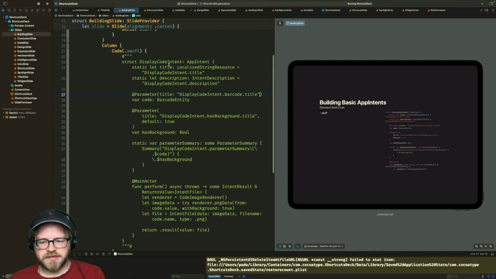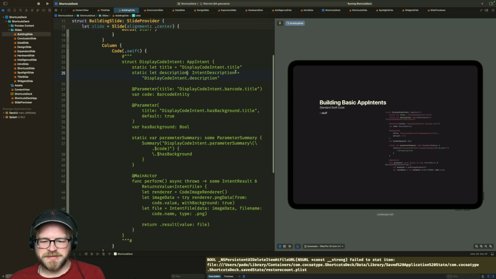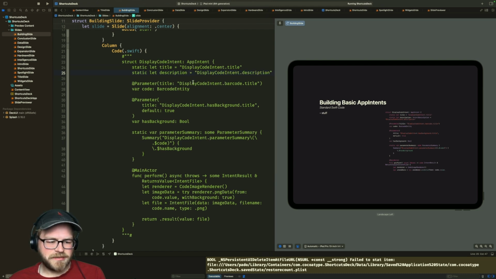I think this is what we're going to have to do. Static let title equals. See, there's just not really any room for this after the word localized resources. There, we're just going to get rid of some of this stuff. Yeah, maybe that makes it a little bit of a problem, but it's not technically correct, but.